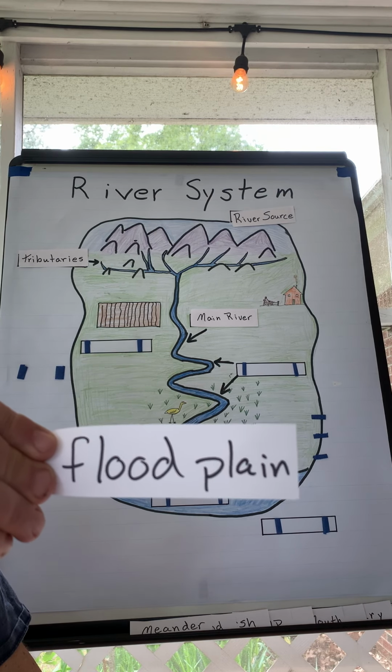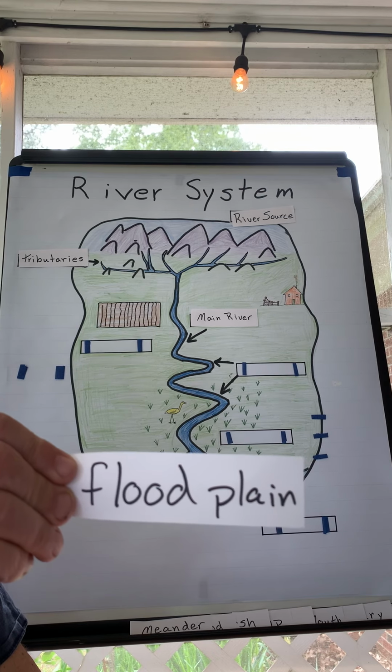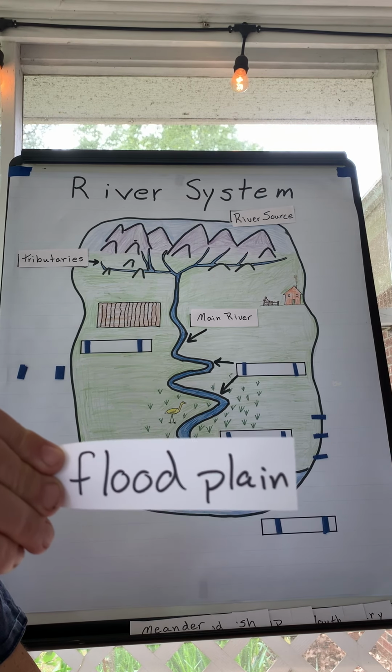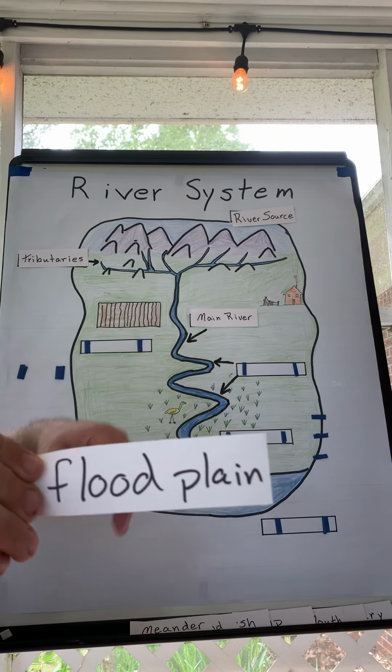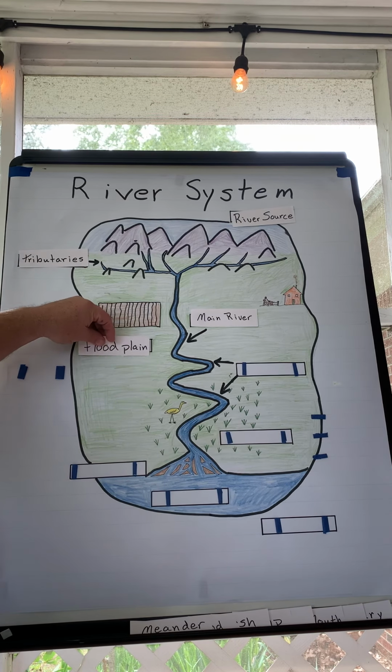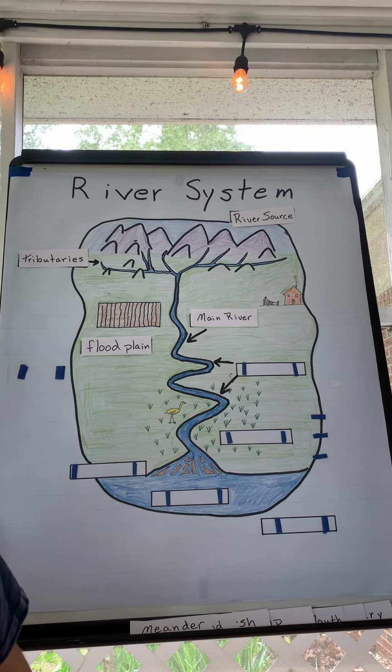Now, it's not necessarily a bad thing. You can prepare for these things. You can be ready for it. It's not a bad thing for it to be a floodplain. In fact, it can be very good, especially for farmers, because all of the good soil that is flowing down from the mountains being picked up along the river will then get deposited on those flat lands, making it very, very good for farming.